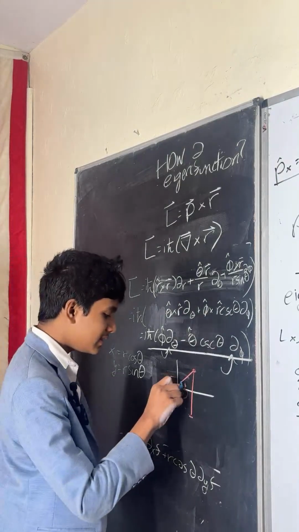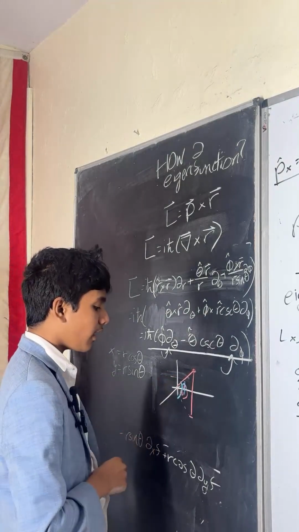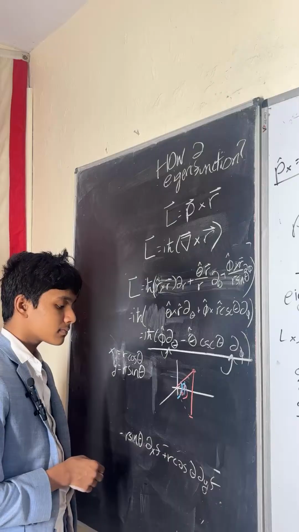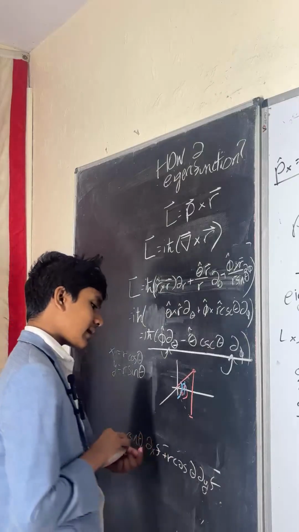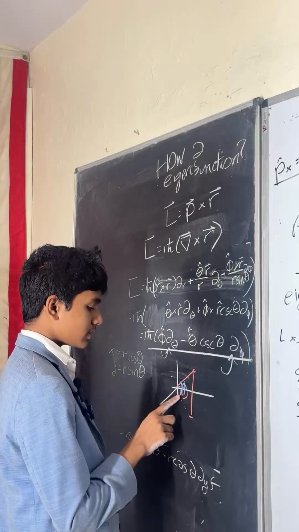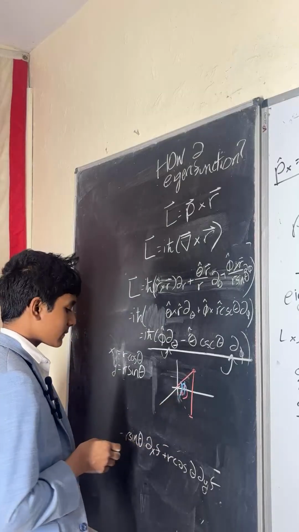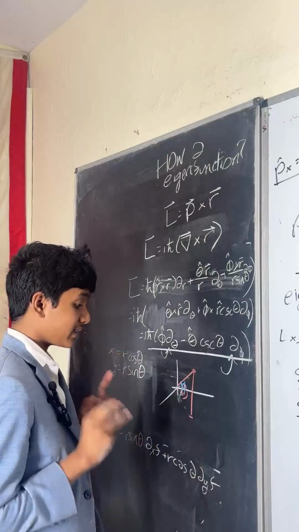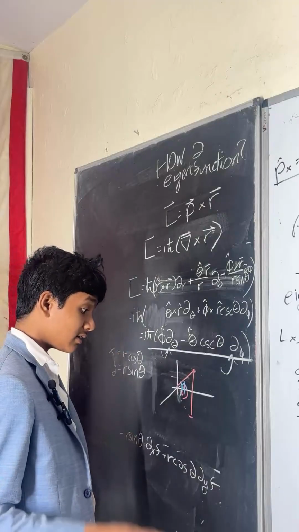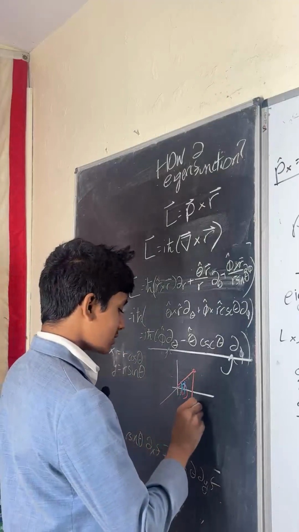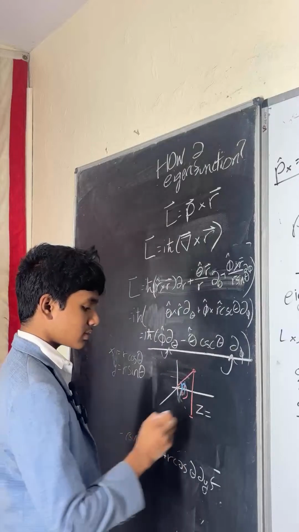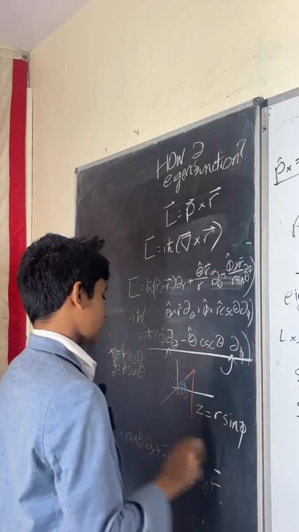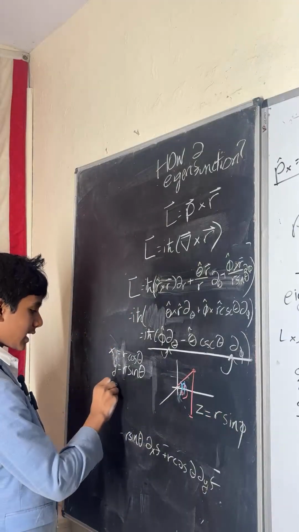Which means what? Converting this back to x, y, z means what is phi? Well, it's actually a lot more simple than I'm thinking. x and y have no dependence on it. z is equal to r sine phi. Which means that,